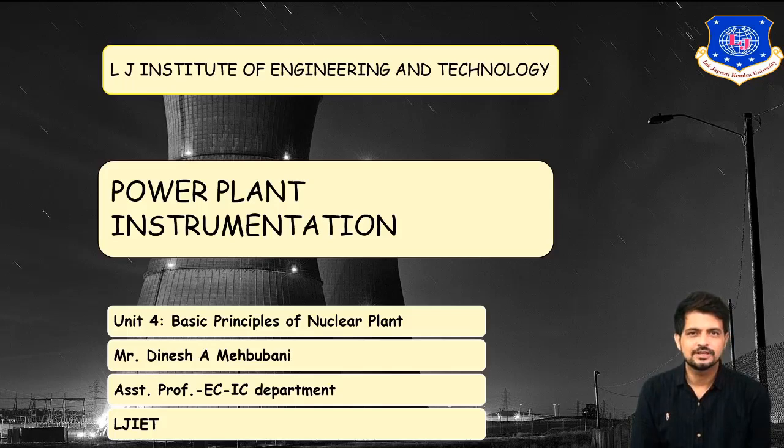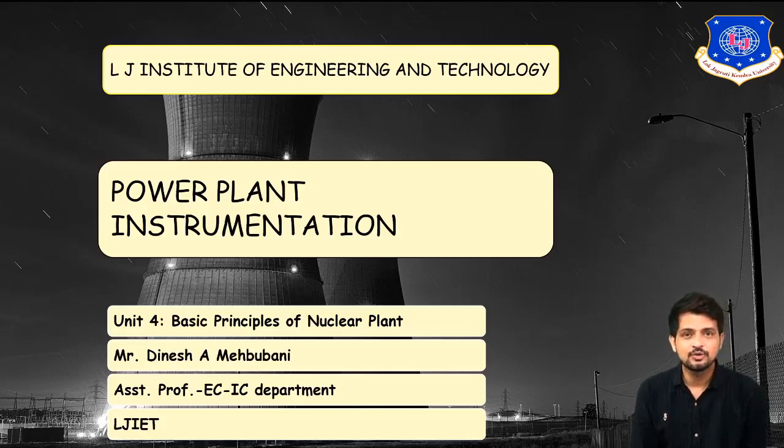Till now we have studied the different types of power plants. We have also studied the different sources of energy. The first one was nuclear energy, then solar energy, then wind energy. With the help of these types of energies we can produce electricity. We have also seen that different types of power plants are there: thermal power plants in which we are using coal, then nuclear power plants, then solar power plants, wind power plants. These are the different types of power plants.